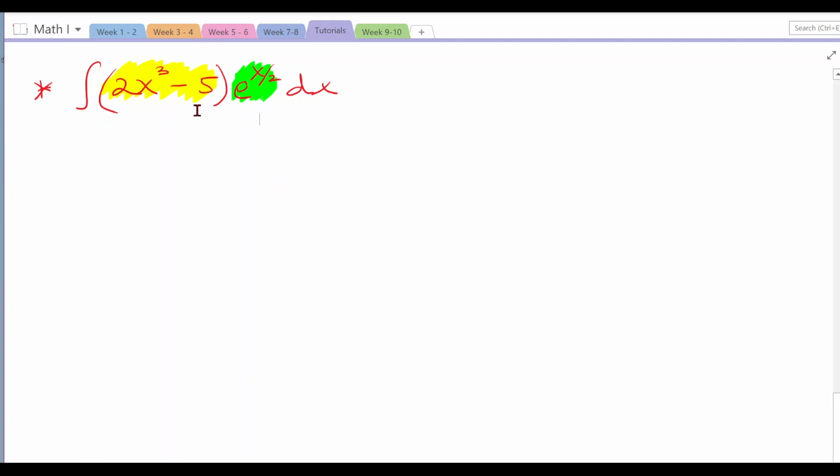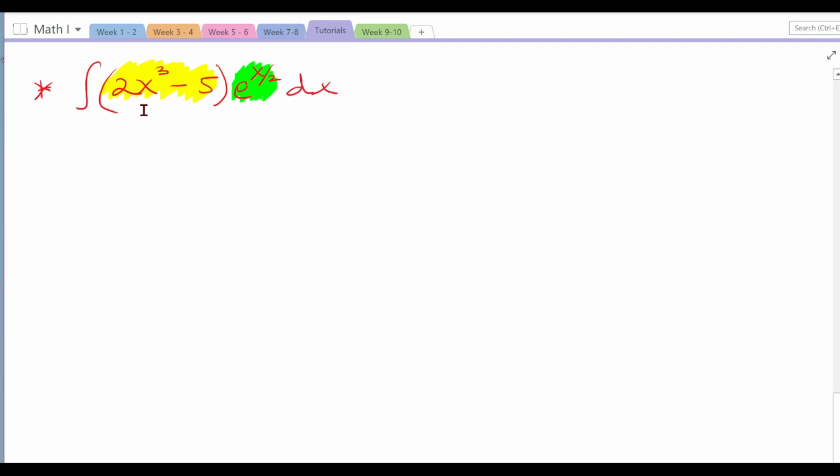Whenever we have terms, in this case the yellow and green terms here, which are not related with each other, just like sine and cosine are related to each other. However, in this case, it's not related to each other. Therefore, we need to solve the integration problem not using u-substitution, because they are not related to each other. So in this case, we're going to try either integration by parts or the tabular method to solve this problem.